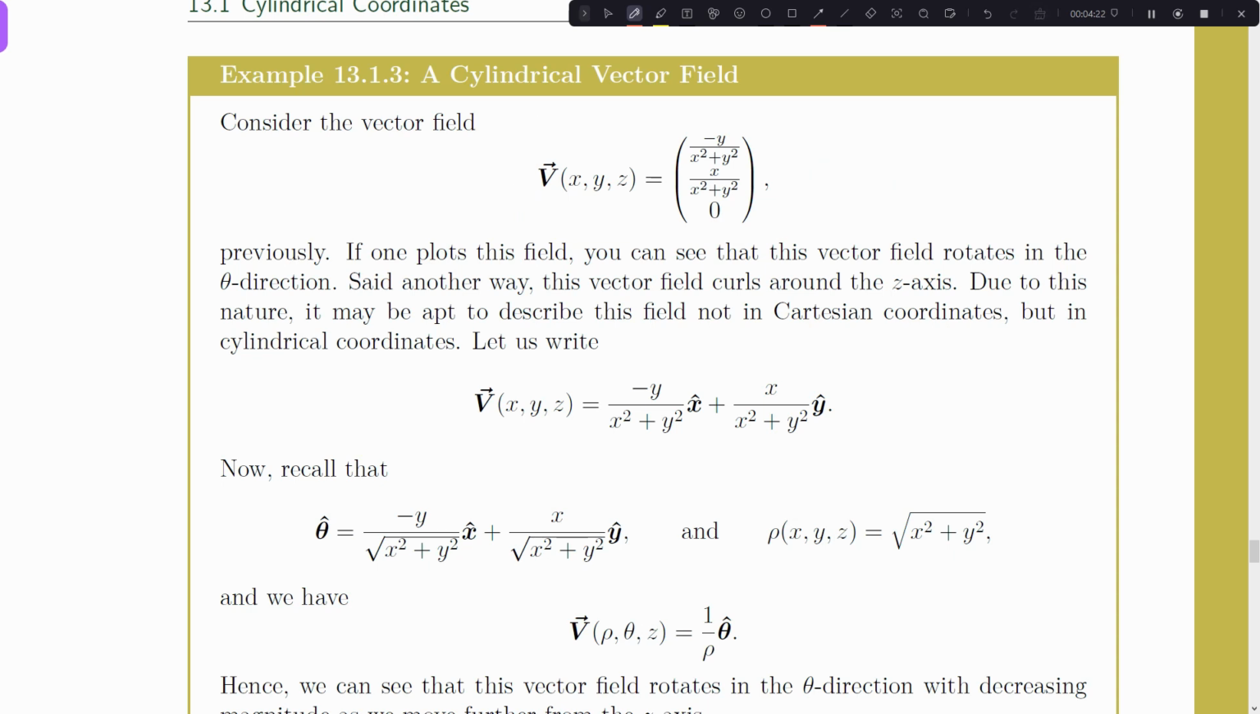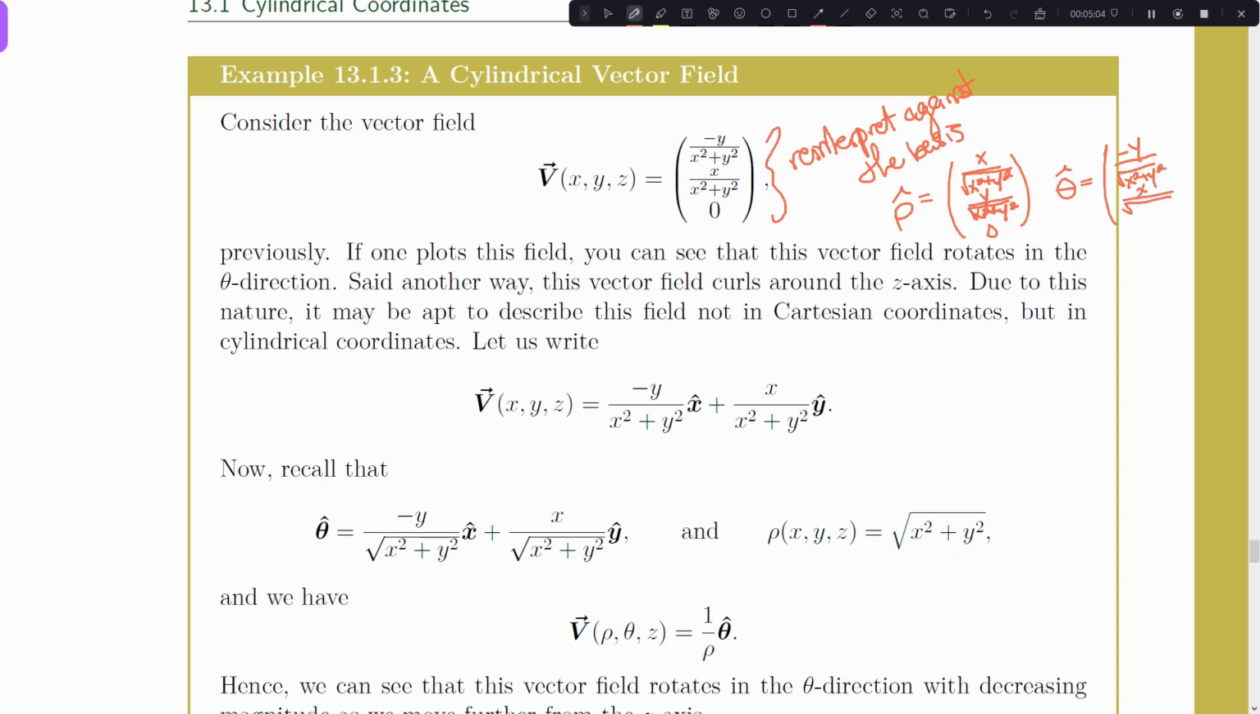So we're going to reinterpret this vector against the basis rho, which is x over root x squared plus y squared, y over root x squared plus y squared, 0, and theta. I'm not going to write out the z basis because of course that's trivial, but the theta basis is this one, y over root x squared plus y squared, and x over root x squared plus y squared, and 0. And the z basis is, I guess I'll write it out just for you all, 0, 0, 1,